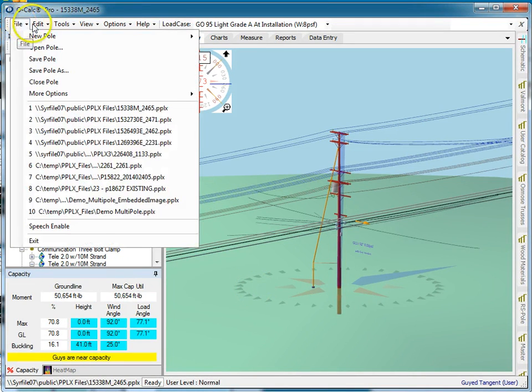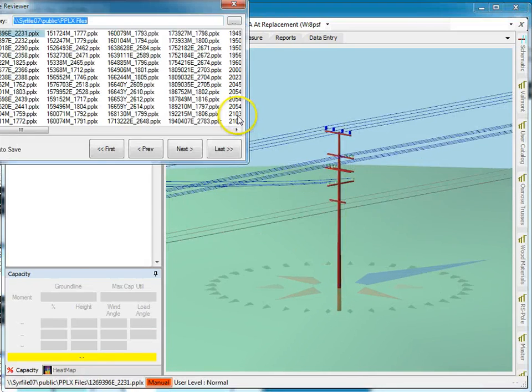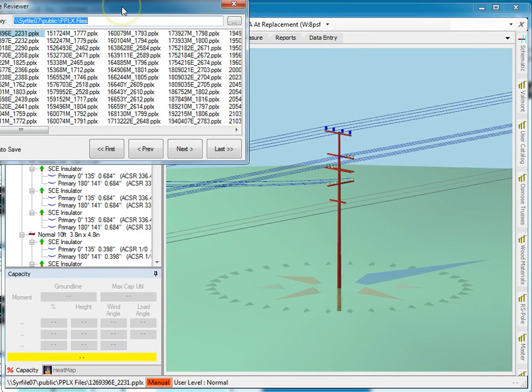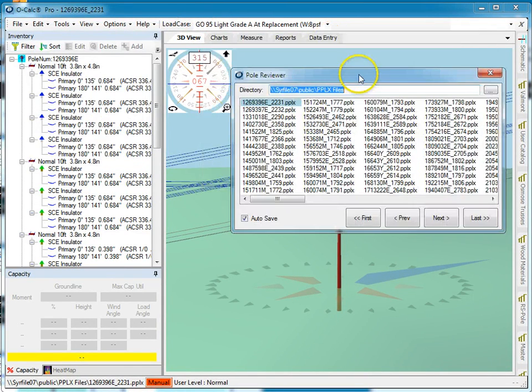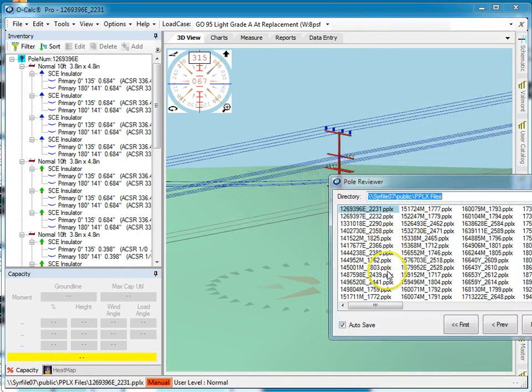Similarly, if I go to the pole reviewer, this is a slightly different form of tool. Here again, I see all of the poles in a particular directory, but I have this forward and back button that lets me go through the list and do something to them one at a time. And in addition, this pole is actually open. I'm in a position where I can edit this pole, and because I have this option called autosave set to true,